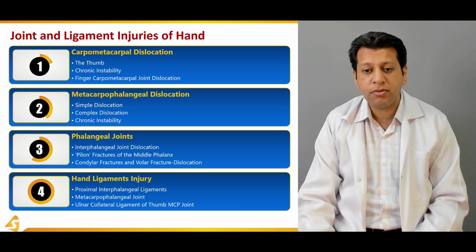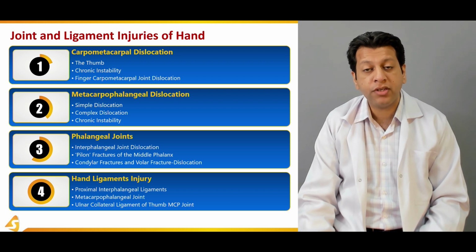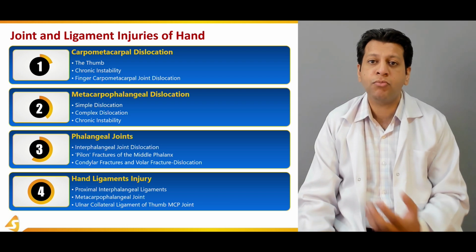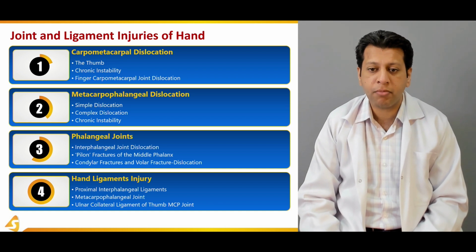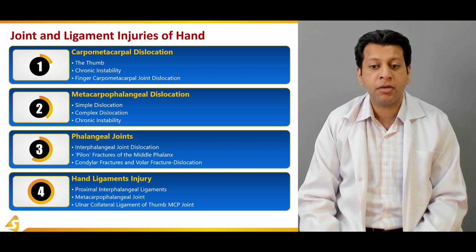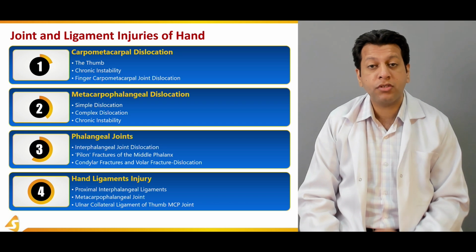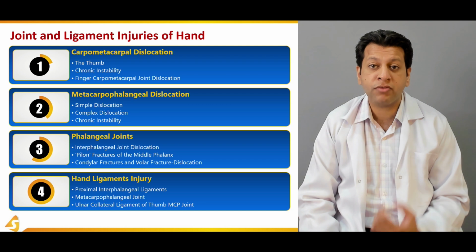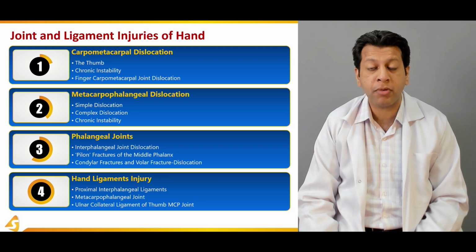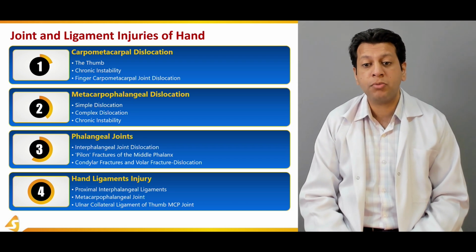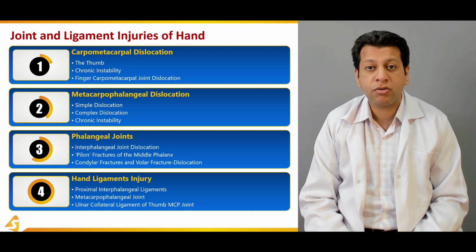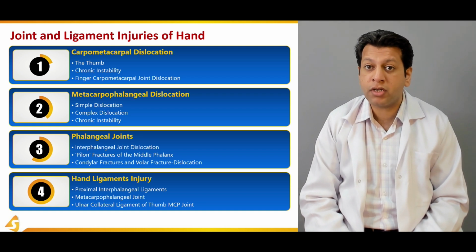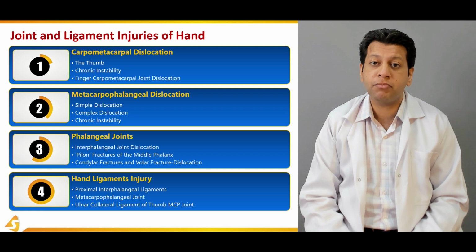Then the second section will be going through towards the metacarpophalangeal dislocation, which is relatively more common as compared to carpometacarpal dislocation. We'll be discussing simple dislocation, which is without any ligamentous injury, and complex dislocation, which is associated with injury to the palmar plate and associated fractures as well. And we'll be briefly discussing the chronic instability associated with the carpometacarpal fractures, and what are the management options we